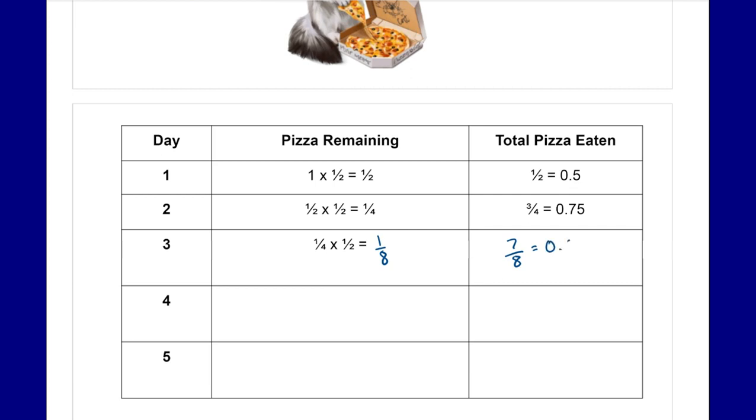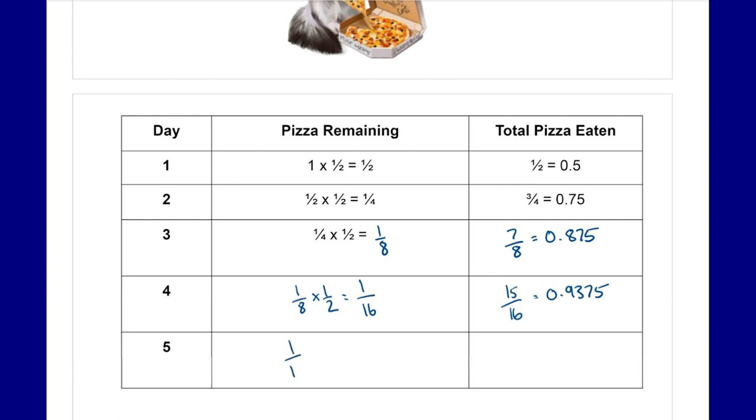or 0.875 of the pizza. The fourth day, he has 1/8 of a pizza remaining. He eats half of it. He has 1/16 of the pizza left, meaning he's eaten 15/16 of the pizza. Or we might say it is 0.9375. On the fifth day, he has 1/16 of the pizza left, he eats